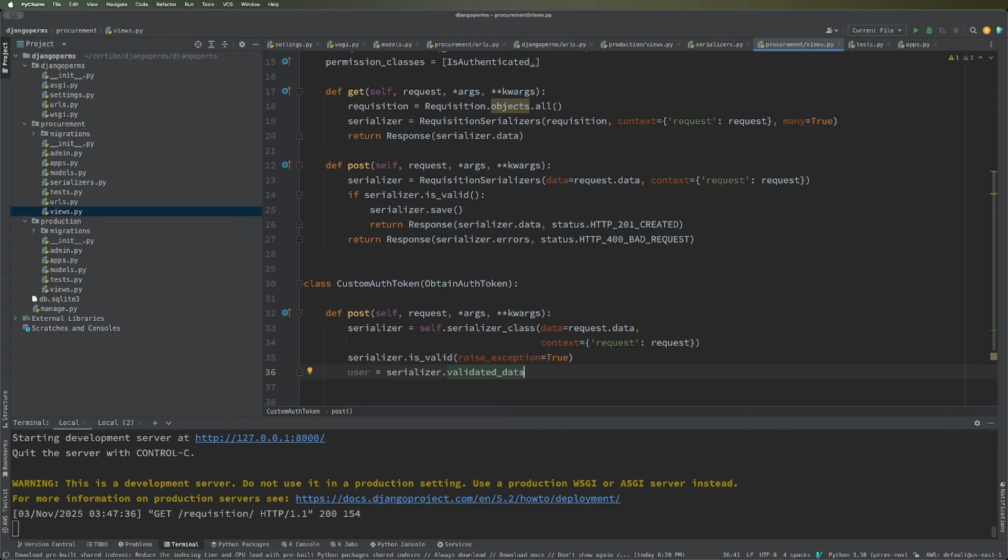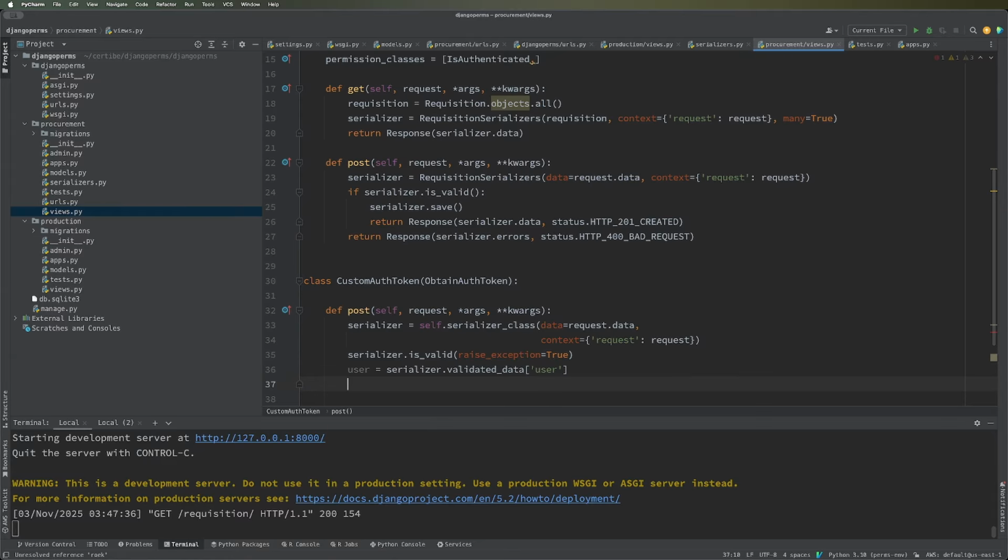serializer.validated_data user. So for those of you that know the way the JSON web token works, it creates a token from a specific signature, specific objects. I forget the correct word they use for those properties of these objects. There is a word they use to create a JSON web token. Okay, so we got that one. Token, created